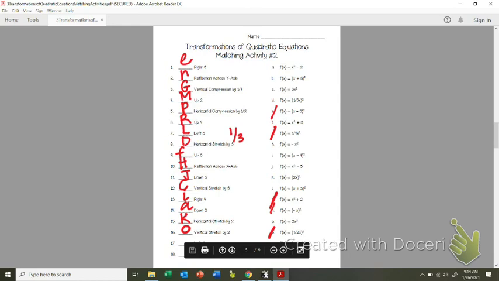All right, Jalen, what about number 17? All right, which one is left 3? Remember, left 3 is going to say X plus 3. B, good. And Bonnie, what about the last one? Right 2. Q. Yes, everybody get Q. All right,